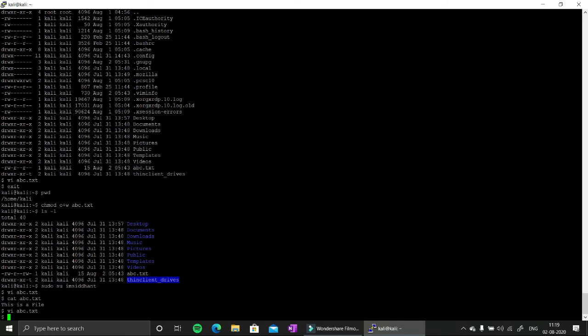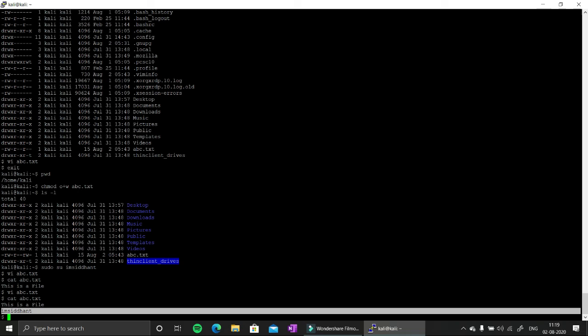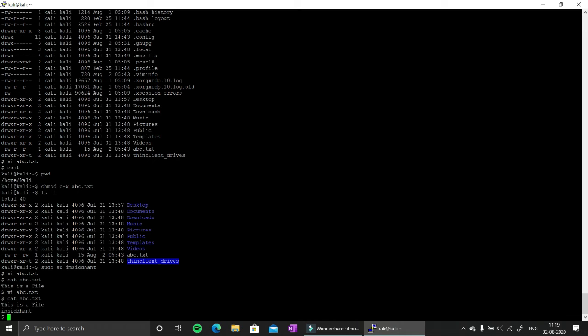I will insert my username imsiddhant to it, and I will try to exit with write and quit. If I try to cat abc.txt, now here you can see imsiddhant is added to the file. So I have provided permission to the others to modify the file. This is how you can change the file permission. So I learned about it.